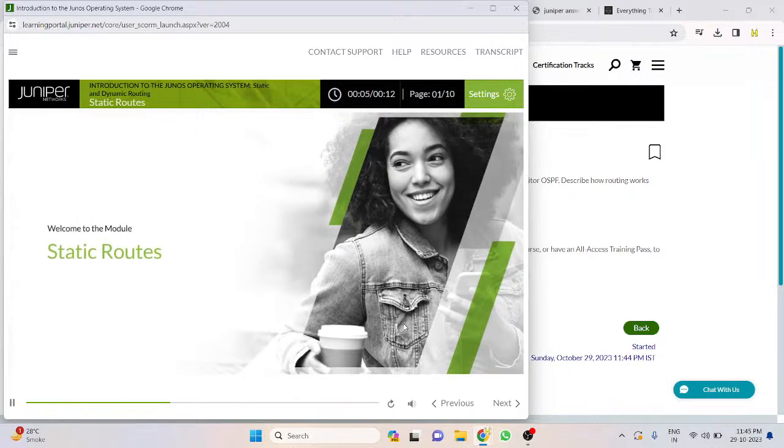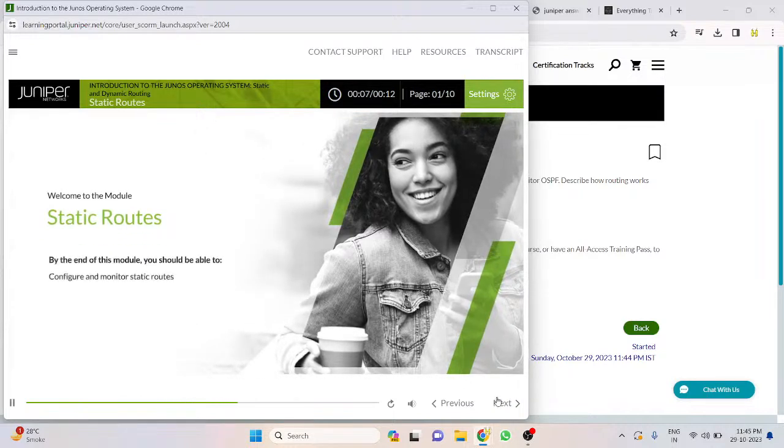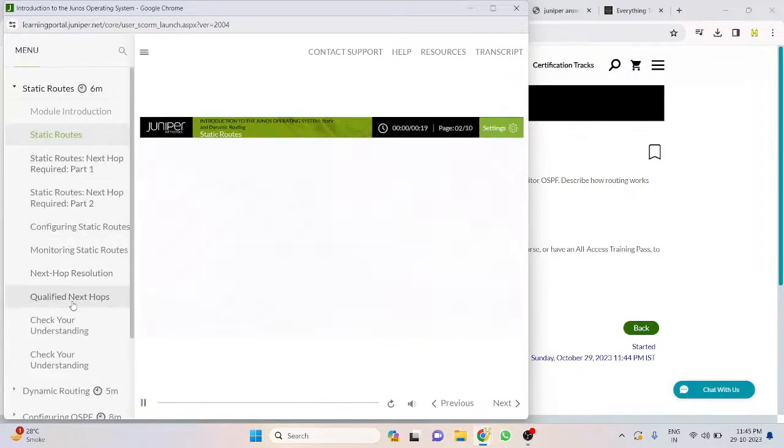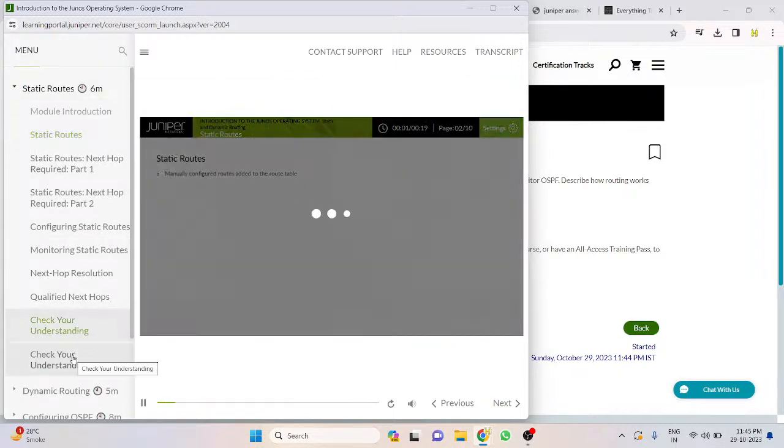Welcome to the static routes module. By the end of this module, you should be able to. Static routes are route